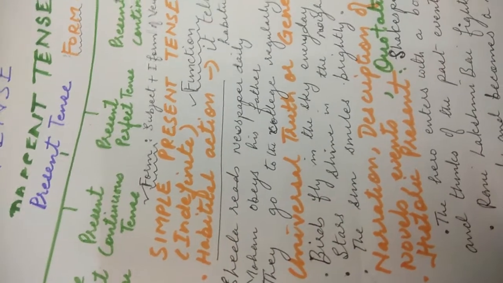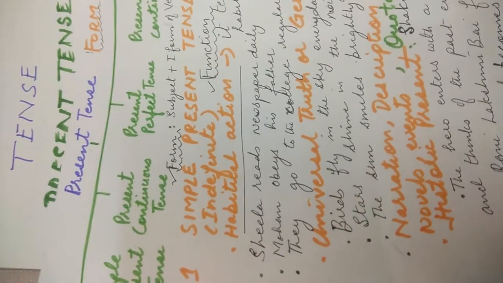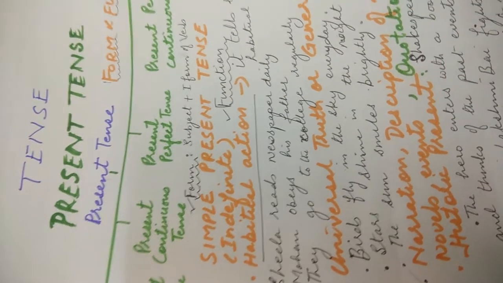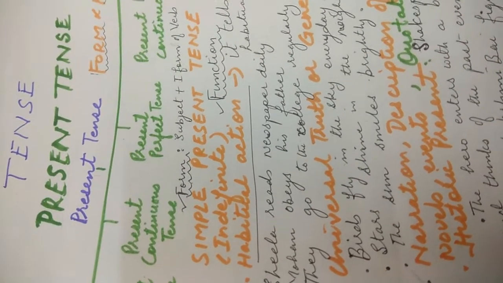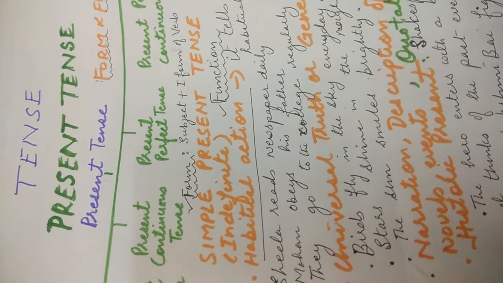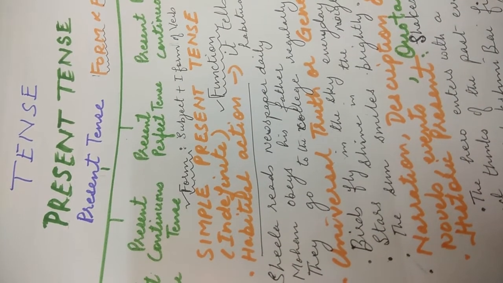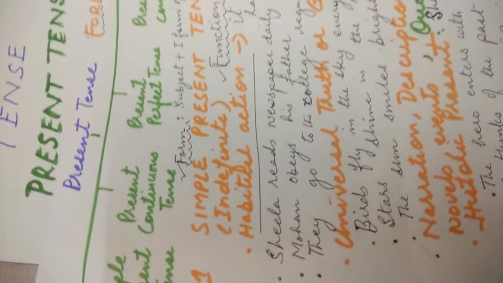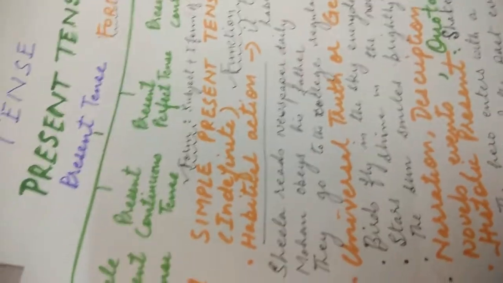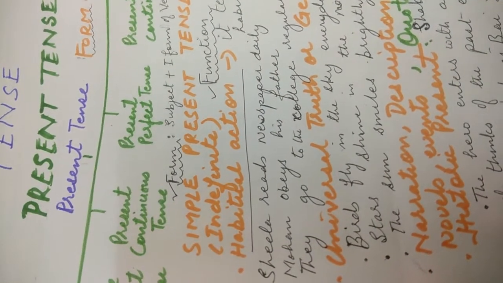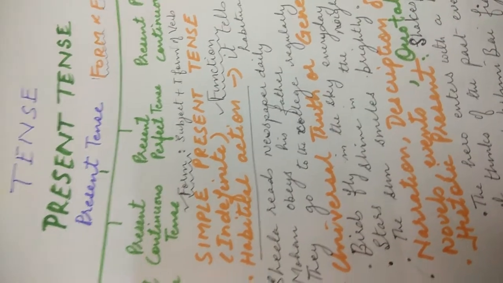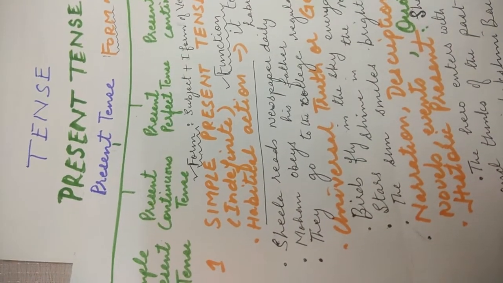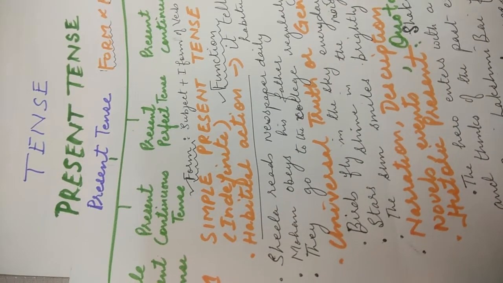Now, again, some students from, say, as I told you earlier, from rural background, if you belong to some village, you would say, I belong to this village. Okay, so even students from village, students from, say, any remote area, you would very well understand this simple present tense. And it means you have to make use of it. Try to frame sentence, try to speak in English language every day.